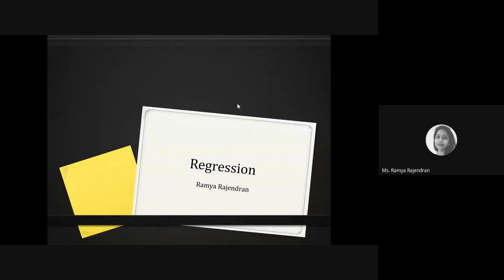So far we have been discussing what correlation is, how correlation is computed through different methods, what covariance is, what the formula is, how it is computed and why it is important. All these things we have been discussing, and then we are moving to the next stage, which is regression analysis. There are different types of regression analysis.